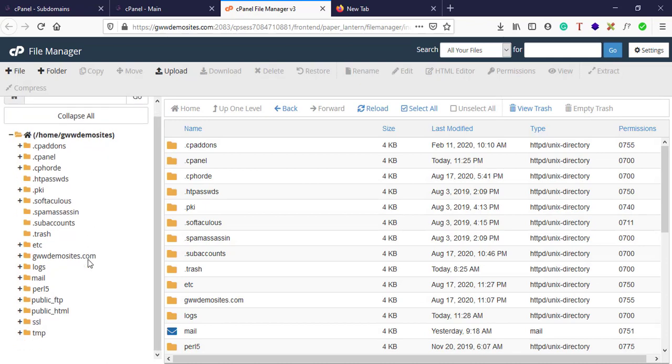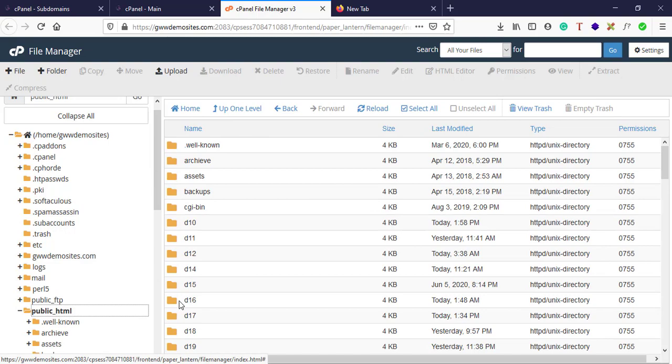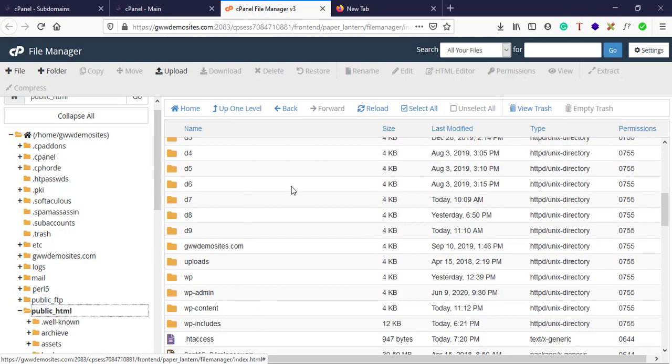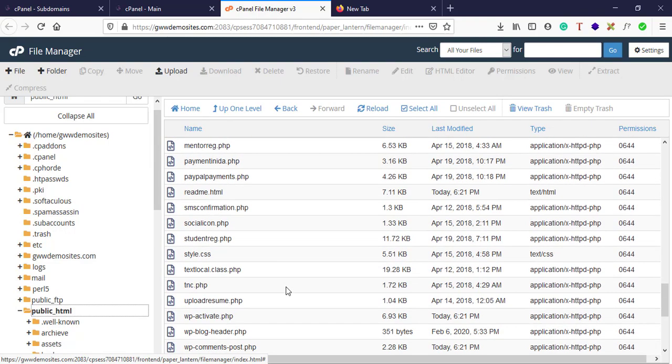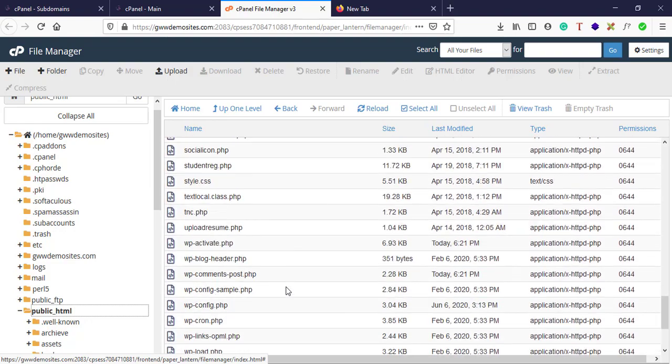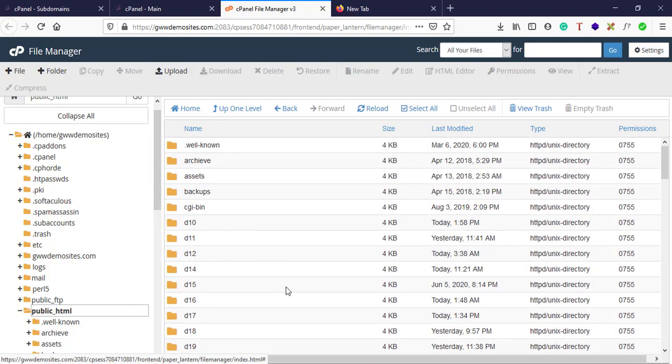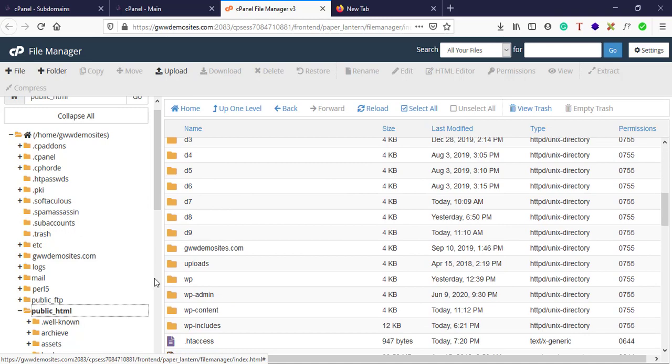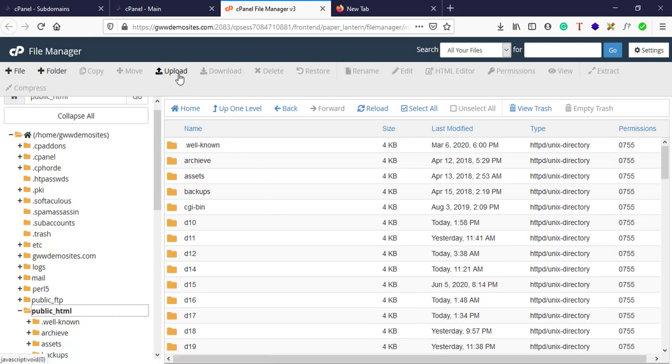But public_html is the folder where your website is hosted for general visitors to see. And if you want users to access some files inside this public_html, you will have to create that folder here.